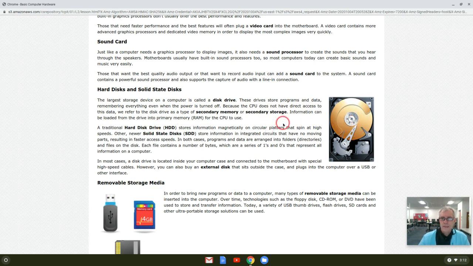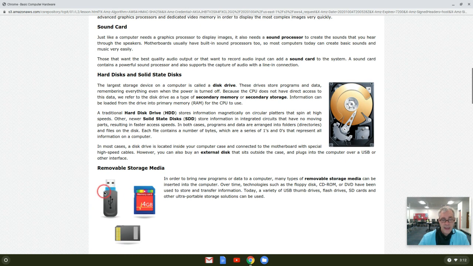What's neat though is solid state. A hard drive, this arm, it moves back and forth, and since you've got moving parts, it can fail. Solid state is where you don't have moving parts. They've taken a thumb drive and made it a hard drive. Wow. It is so much faster. It uses so much less electricity, and it has a really good lifespan in general.